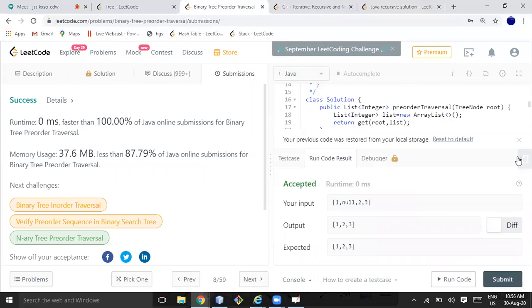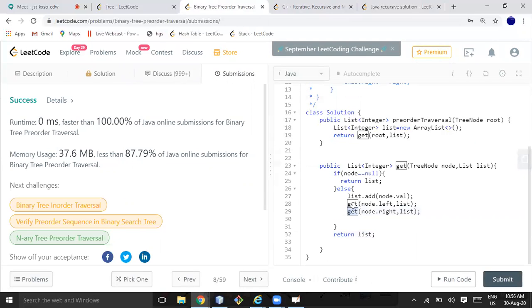Yeah, got it. So I was making two mistakes here. One was here, because get is there, so return cannot be there. Here it will be directly get, so it will keep on calling. Return should be here at the last, and this is getting returned here. What if I don't write return here? It should work, right?